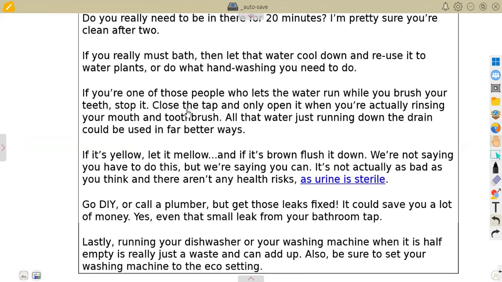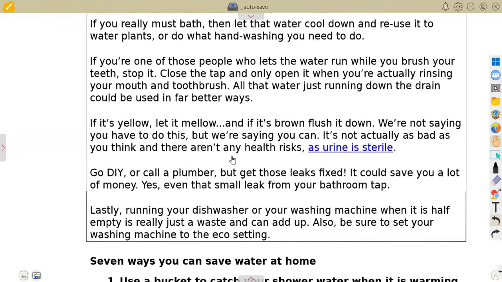So can you see here? We are also having another point to say, if we are brushing our teeth, let us close our taps, and only open them when we are rinsing. That is the other aspect that we can ensure that we are saving water